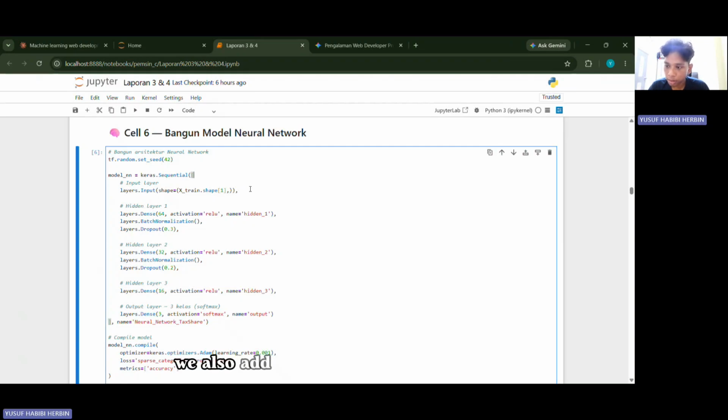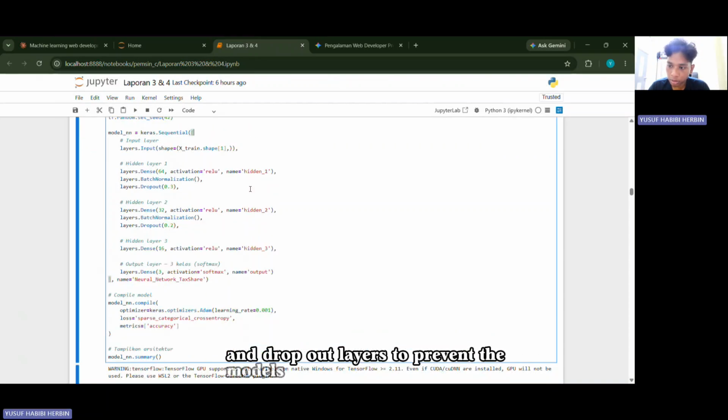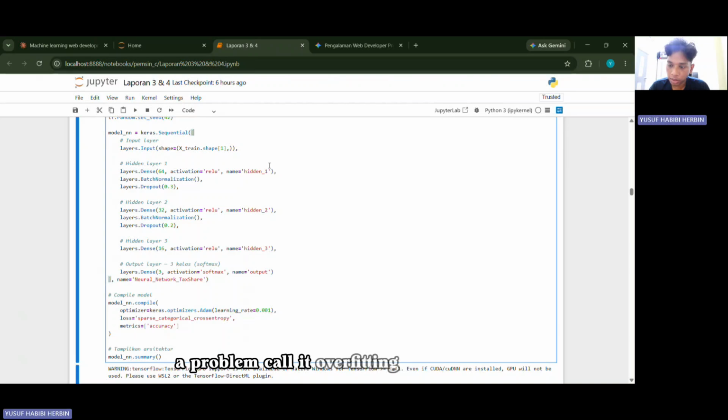We also add batch normalization to keep the learning stable and dropout layers to prevent the model from memorizing the training data too much, a problem called overfitting.